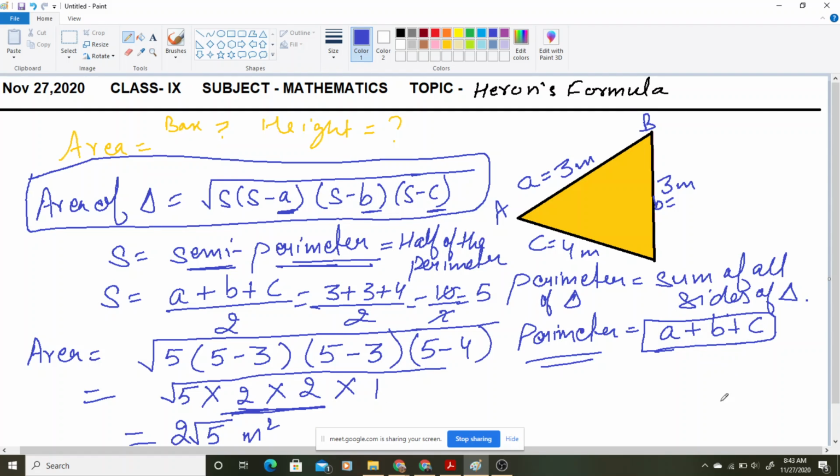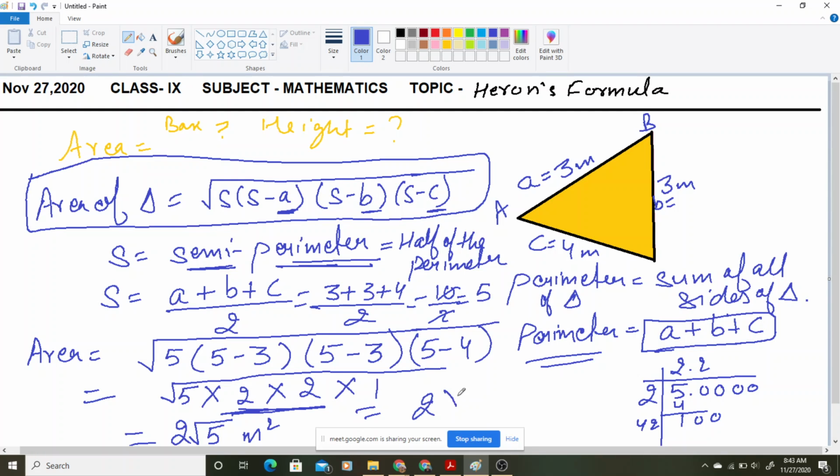Now you can find the value of root also. Root की value भी find out कर सकते हो. How will you be finding the value of root? You will take like this 5, then 0, 0, 0, 0. You will put some pairs. 2 2 ja 4. Then it will be 5 minus 4, 1. This thing you have already learned in your 7th and 8th class, how to find the values of root. Okay, so then again 2 2 ja 4, then you will take 2 here. It will be almost 2.2. Okay, when you are going to find the value of root 5, it will be almost 2.2.